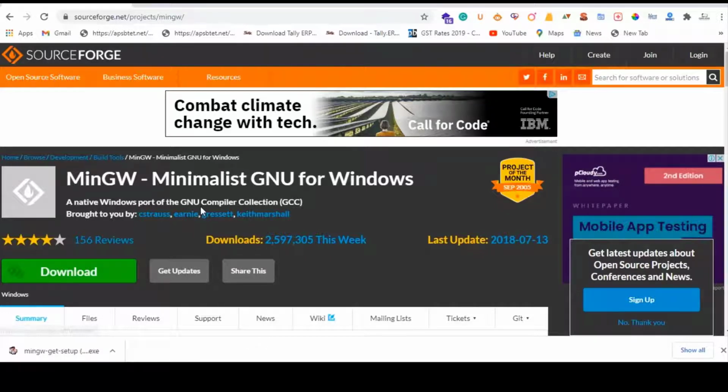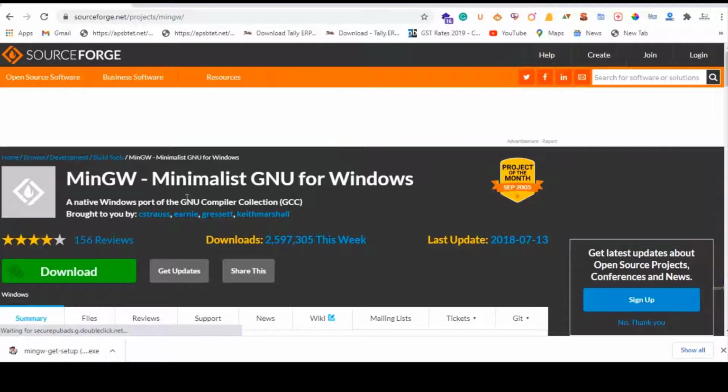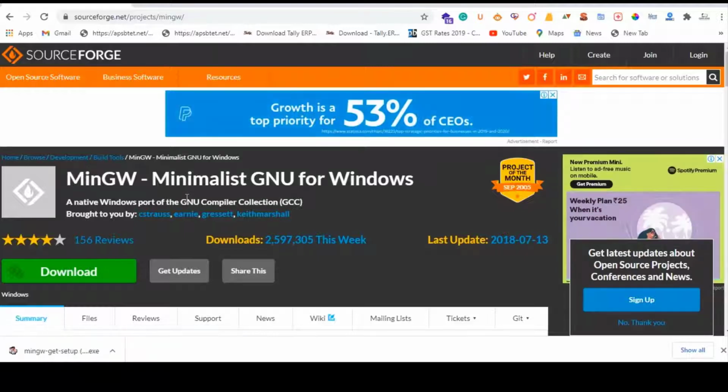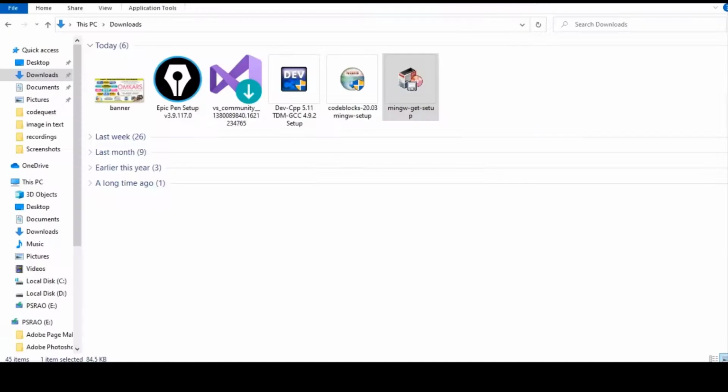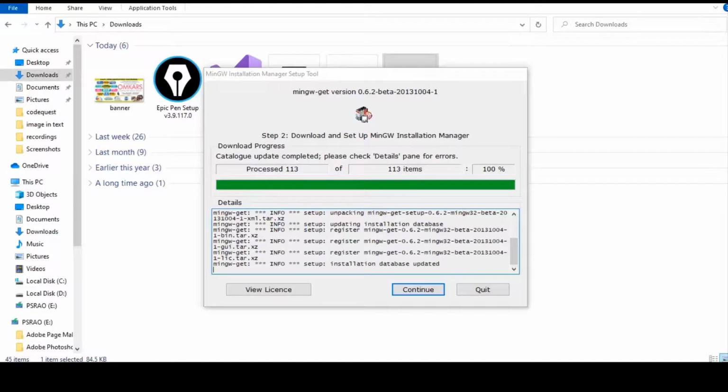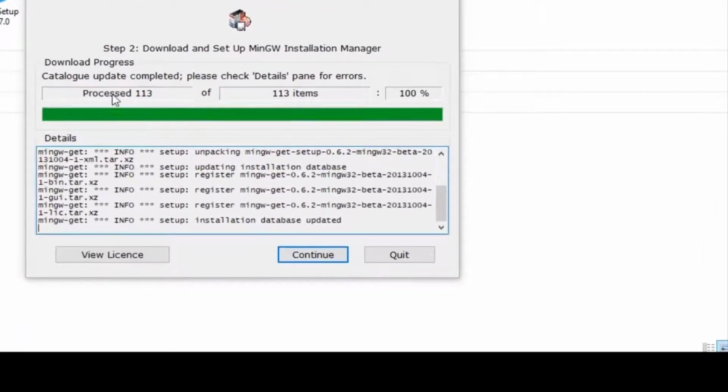If we download any IDE along with MinGW, then we can start using it directly without worrying about setting the path. Okay, has the MinGW installation completed or not? See this: processed 113 of 113 items, 100% completed. Click on continue. It was completed.